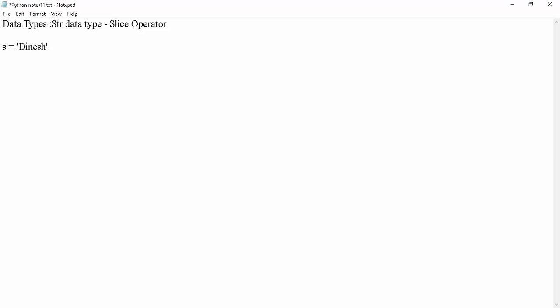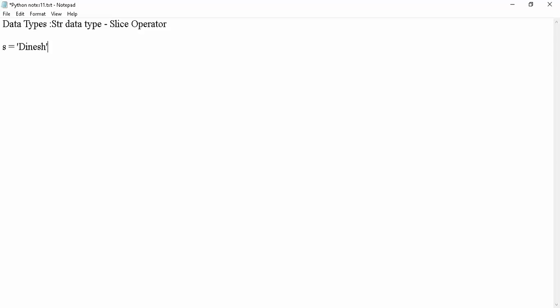You are aware that the index starts from 0 in the forward direction. In reverse, it starts from minus 1 and goes up to the length of the characters we have. Now I want to know which character is located in fourth and which is in fifth.